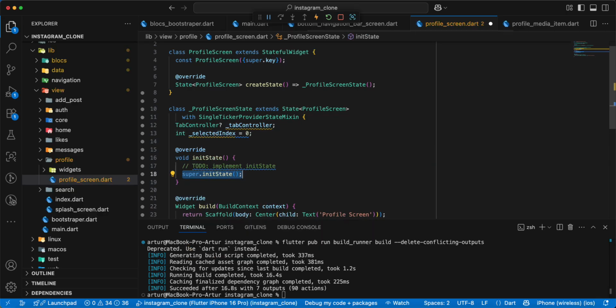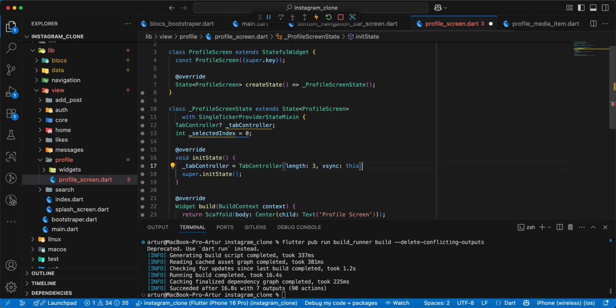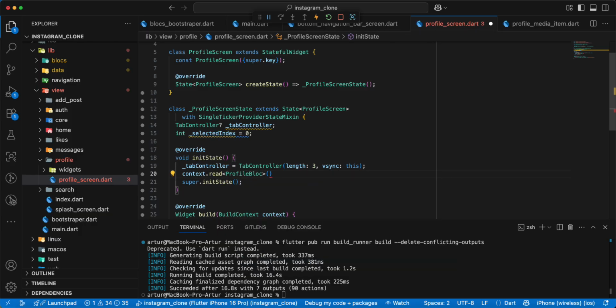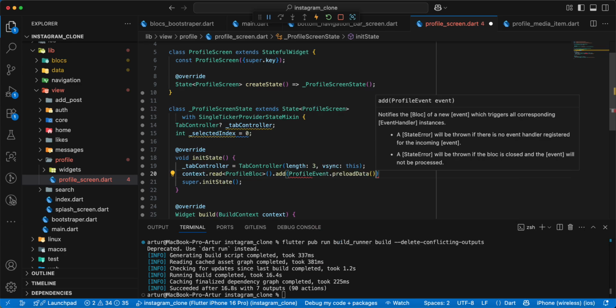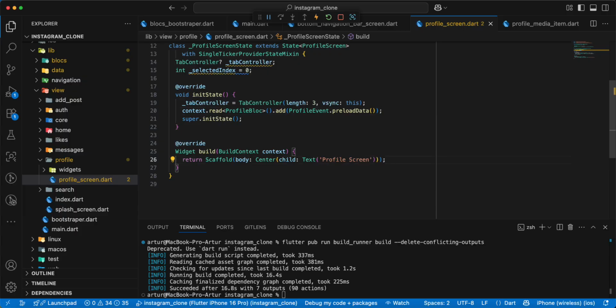write initState, tabController, write this, and we add event context read, write ProfileBloc, add ProfileEvent preload data,